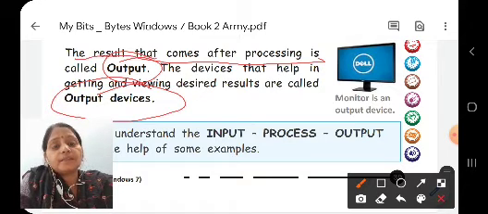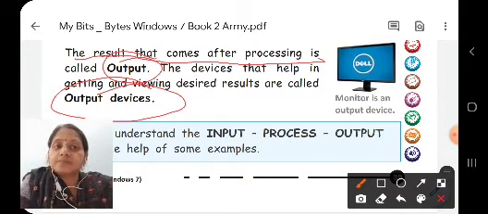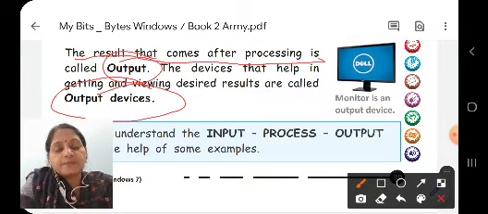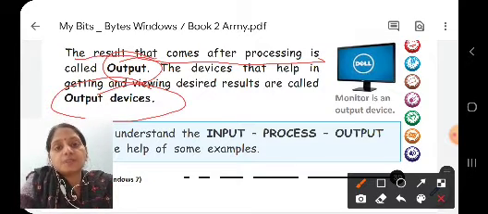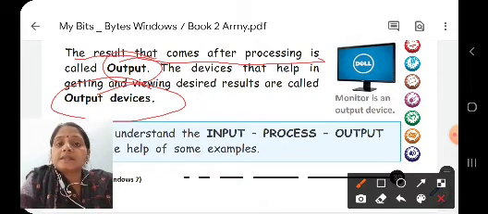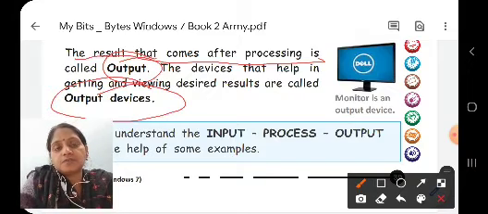But if we get the same result on paper, then printer is the output device. And if we get something to hear from the computer, for example song, then speaker is the output device. So these are the different output devices.